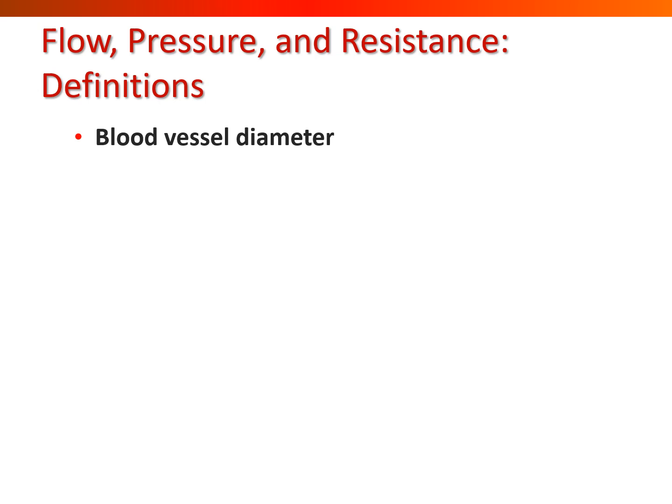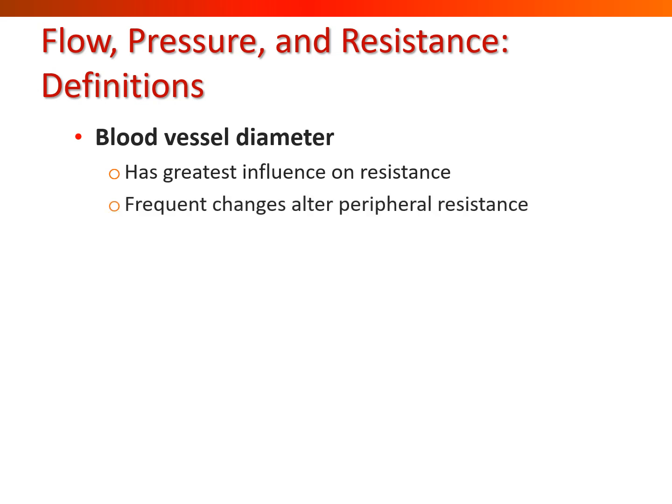Now, of the three that we've talked about, blood vessel diameter is going to have the greatest influence on resistance. Now, why is that? Well, it's because blood vessels can actually change their diameter and create this resistance. Whereas if we were to look at viscosity of our blood, that doesn't really change from moment to moment. Now, if you have a pathology and you have issues there, then yeah, over time you can see an increase in blood viscosity, but it really doesn't change for most people. And so viscosity won't be as big of a contributor. It contributes some, but not as much.